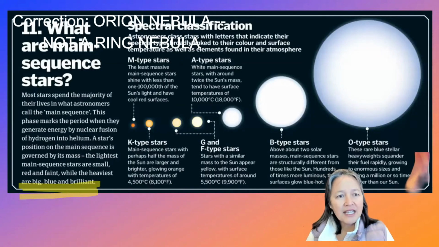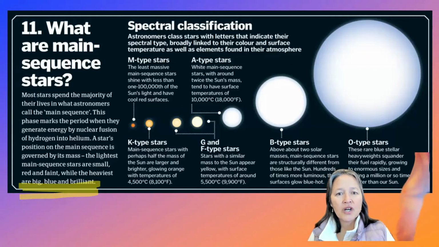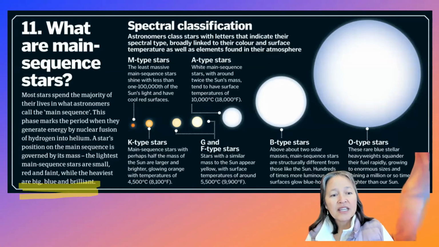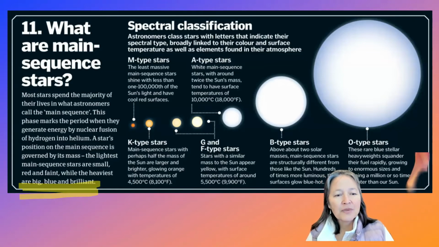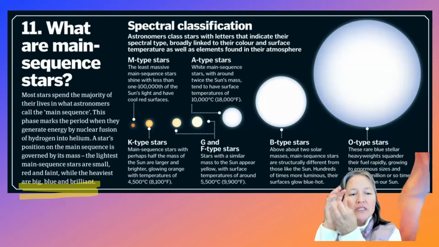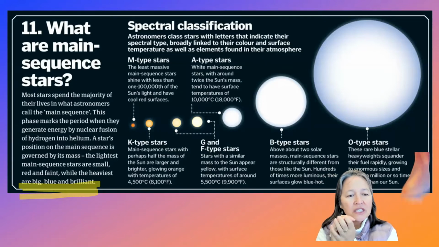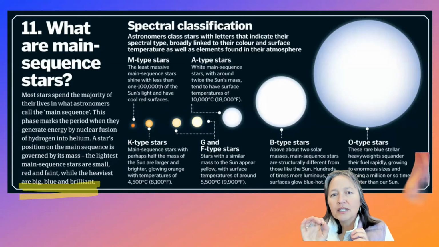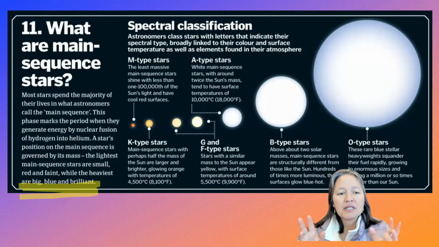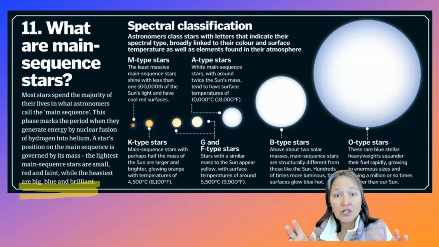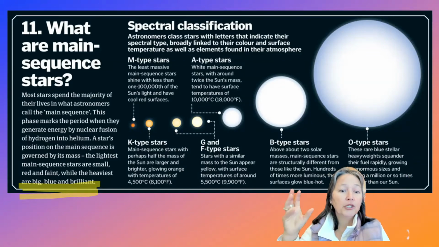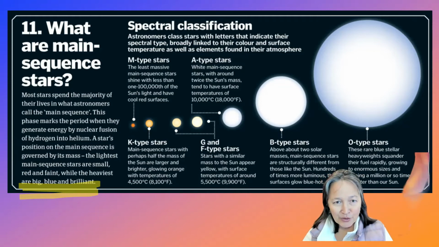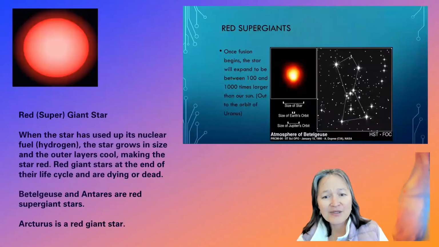Now, again, science light, you're going to see the word main sequence stars, or you might just call it a star. And I just put an underscore to what makes it a main sequence? It really has to do with the small, little main sequence stars. The little ones are going to be red and faint. But when you start looking at images and they call them out as big and blue, blue will be the color that determines typically that it's a bigger main sequence star. So red small, blue big. And the rest of this you can read, but too much science for me.